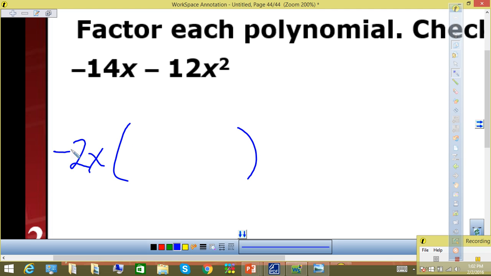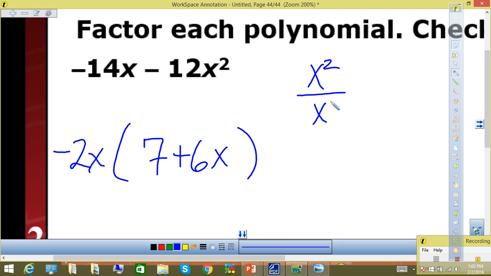Negative 14 divided by negative 2, that's positive 7. X divided by x is 1, and 1 times 7 is 7, so we leave it at 7. Does everybody see that? All right. Negative 12 divided by negative 2, that's positive 6. X squared divided by x, x. And those of you that don't see what we're talking about, here it goes again. X squared divided by x. What is the rule? So therefore we're left with